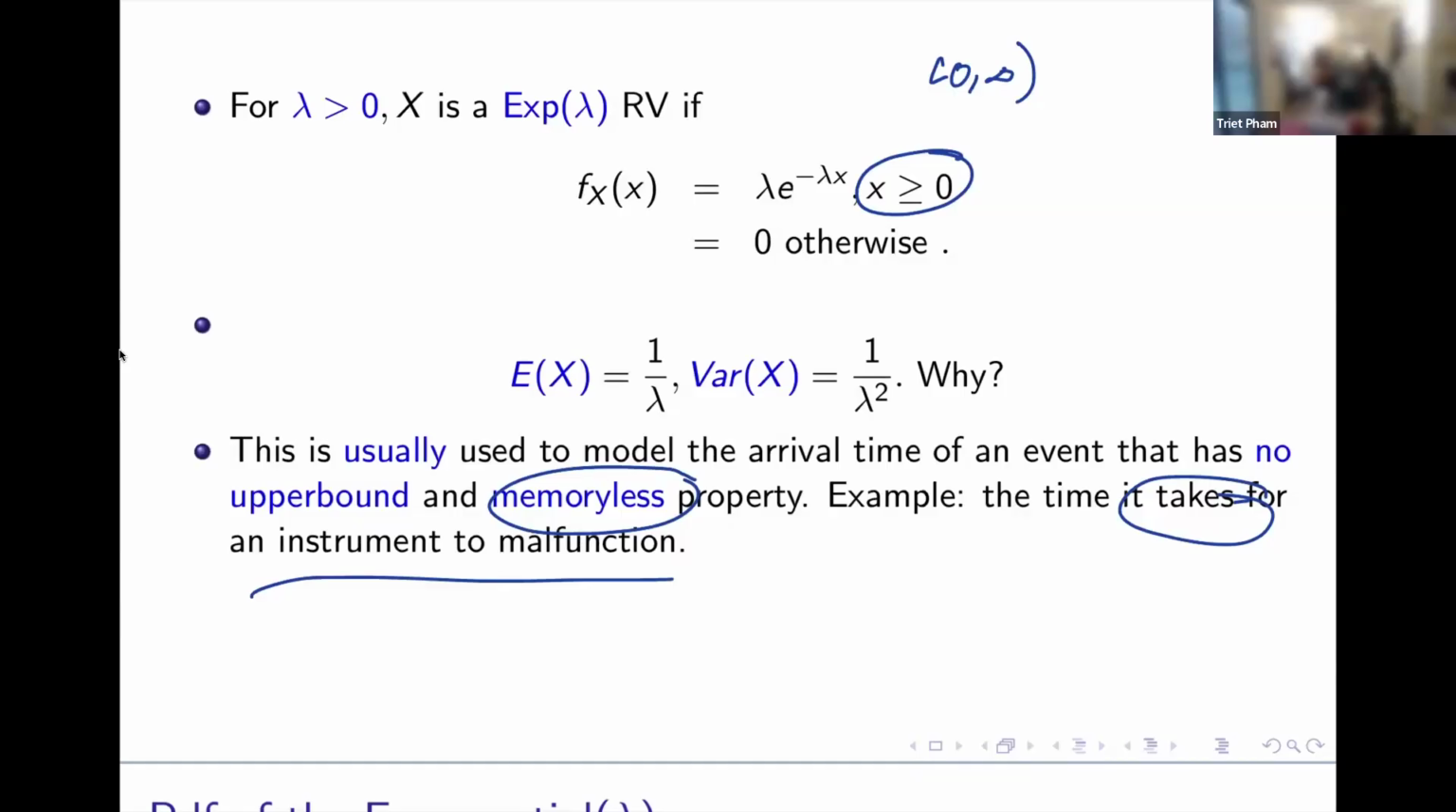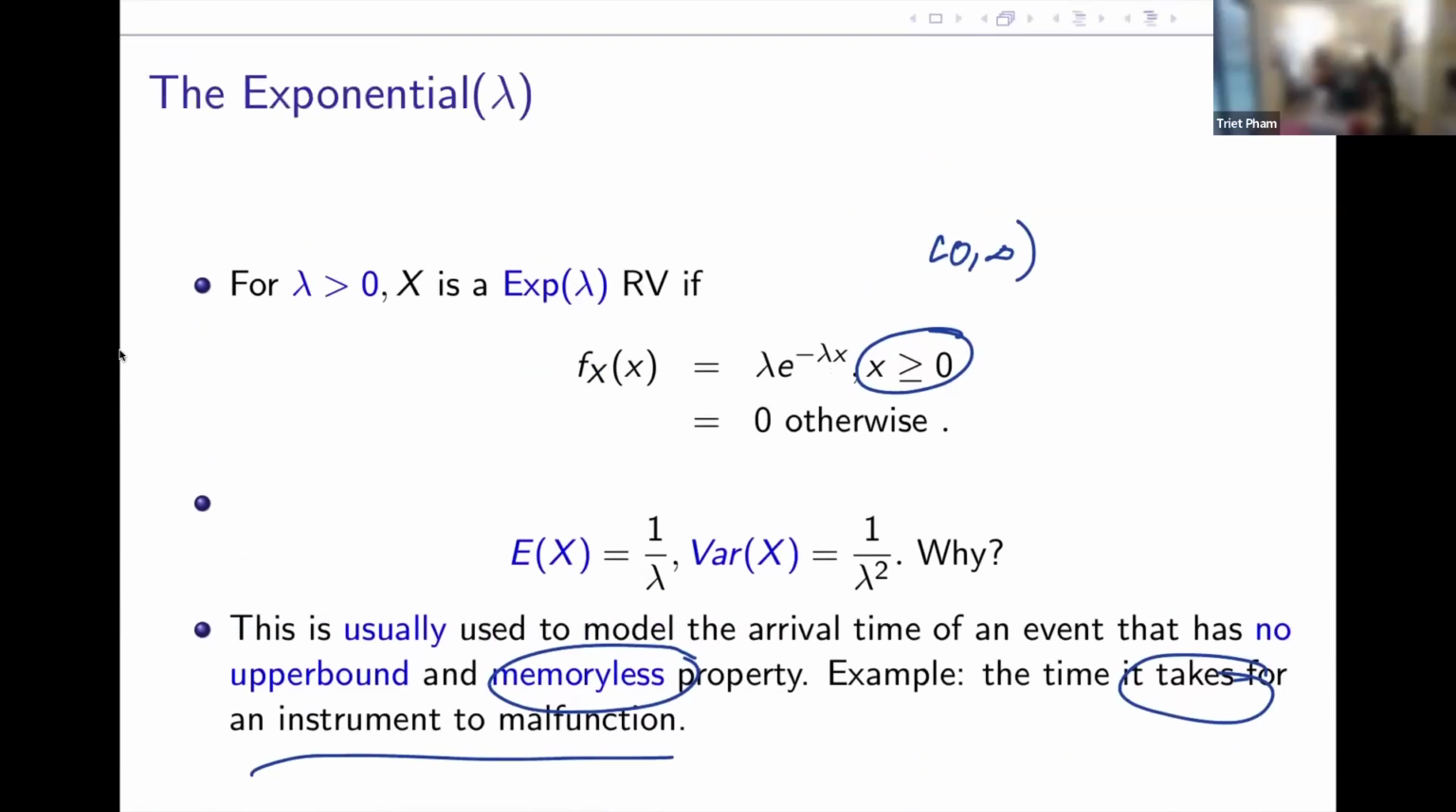The exponential and the Poisson actually come as a pair, at least in the stochastic process circle, the probability circle. In statistics, I'm not so sure, unless they do modeling. So the point is, a Poisson lambda is intimately connected to an exponential lambda